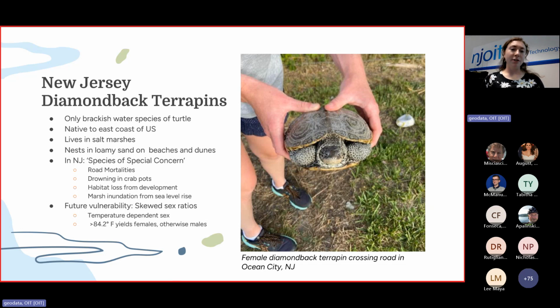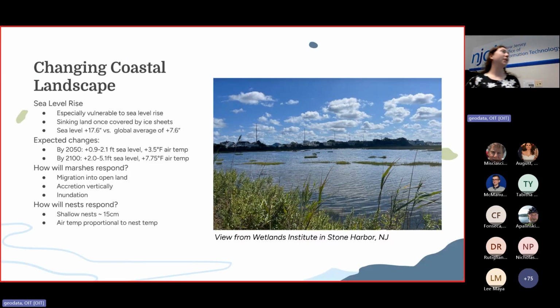So a bit about New Jersey's marsh habitats. They're very variable, and they're especially susceptible to sea level rise because of our sinking land from ice sheet retreat. So compared to 7.6 inches of sea level rise seen since 1911 on average globally, we've seen 17.6 inches of sea level rise. And so I used the New Jersey DEP's likely scenarios for sea level rise, which is 17